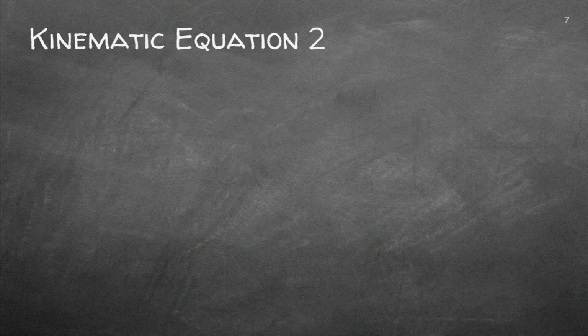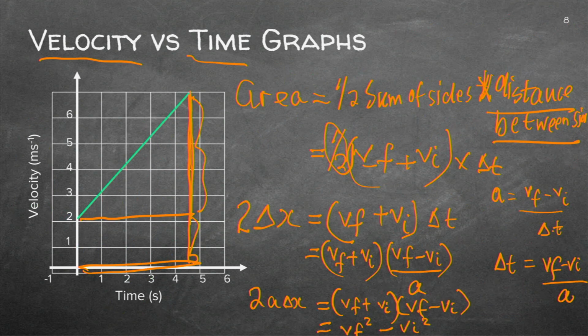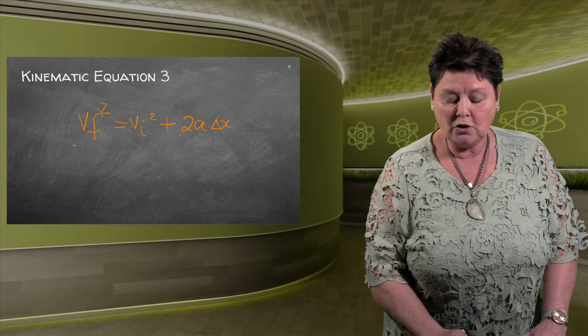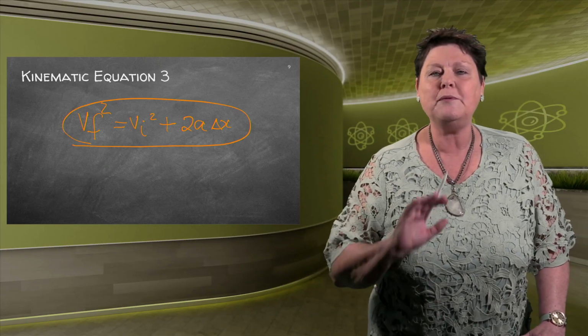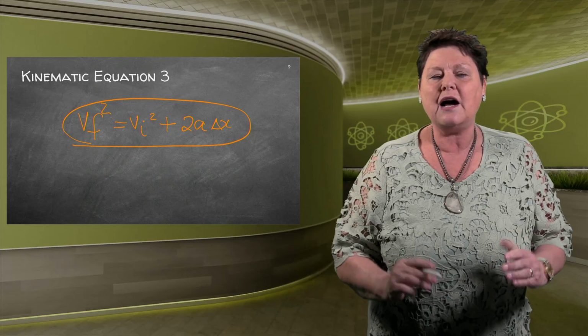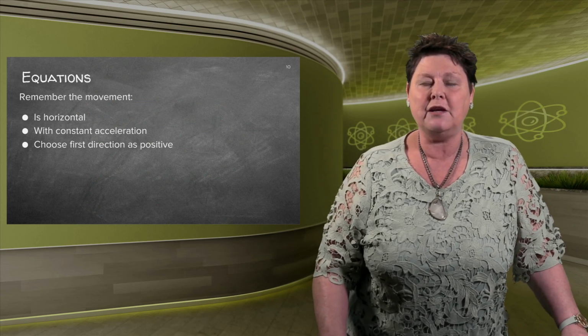Let me go back to the equation that we just did. So we've got that as one equation. Then I worked out 2a delta x equals Vf squared minus Vi squared. So Vf squared equals, if I take that Vi that side, Vi squared plus 2a delta x. It was just an exercise for you to see, how do I get to that equation? This will be given to you on an information page. So don't get anxious. You'll get all of these. I just quickly took you through the steps of how to work out the 3 equations.